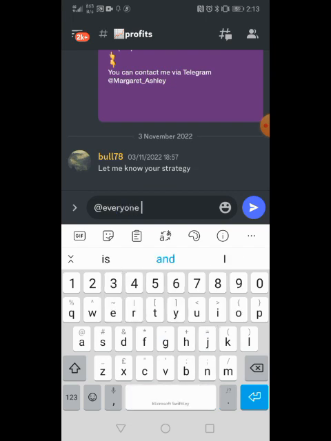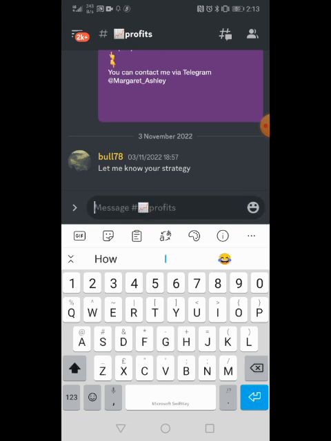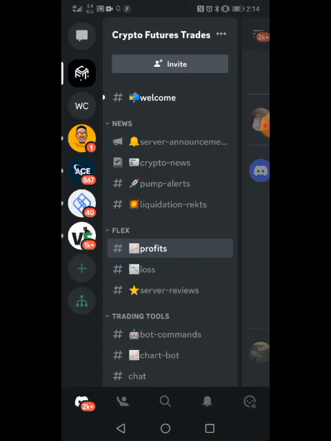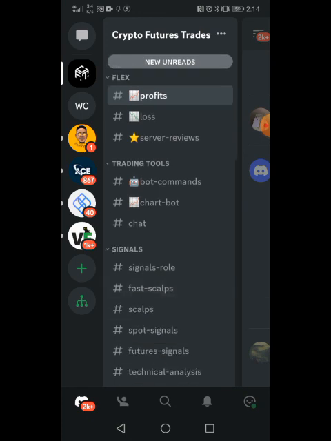Then you type your message, you get. Then once it's sent, it's going to notify everyone, like it shows that you're talking to everyone or something. Yeah. So another important thing to know is, if you are tired of a particular server and you want to